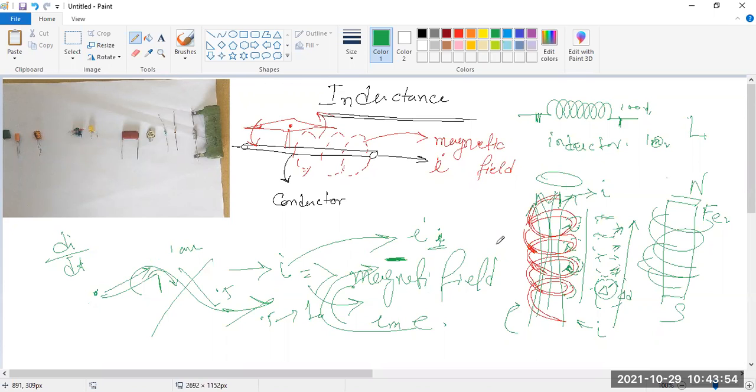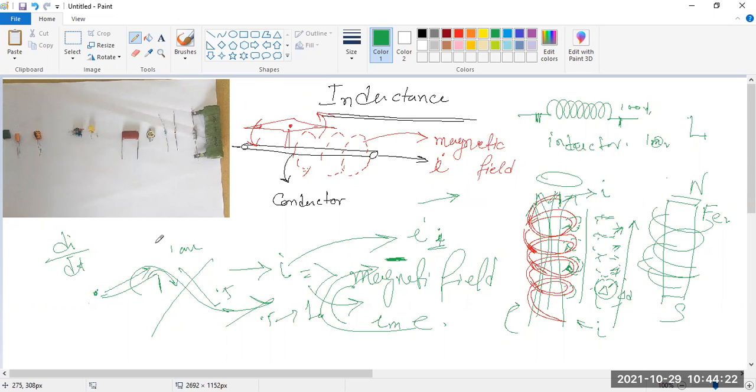a very small amount of energy, and for a very few seconds or very short time. That's why this is called storage of energy. But we should know that it stores its energy in the form of current, because only if you change the value of current can it store, or discharge. In case of a capacitor, it is storing and restoring in the form of voltage.